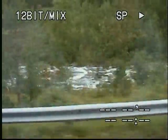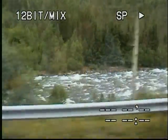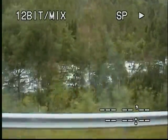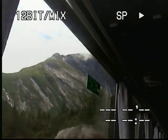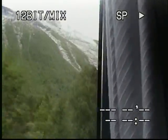Our next stop will be at a gorge, which is called Gudbrand's Gorge. There is also another legend connected to that gorge. Gudbrand, that's the name of a man, and he lived in Valdal in the 1500s. And he